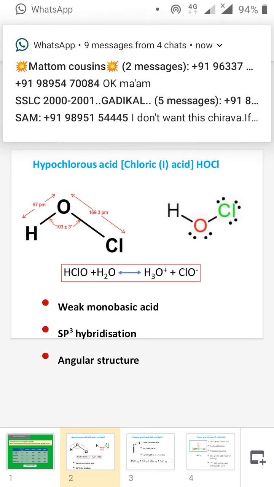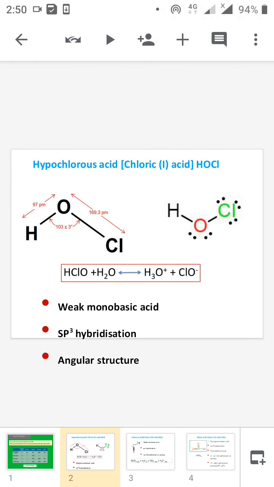Next, we are moving into the different structures of the oxyacids of chlorine. First is hypochlorous acid, in which chlorine exists in the +1 oxidation state and the molecular formula is HOCl. This is the structure of HOCl, in which the bond angle is 103 degrees, and it is an angular shape, and the chlorine exists in the sp3 hybridization state, and the chlorine atom